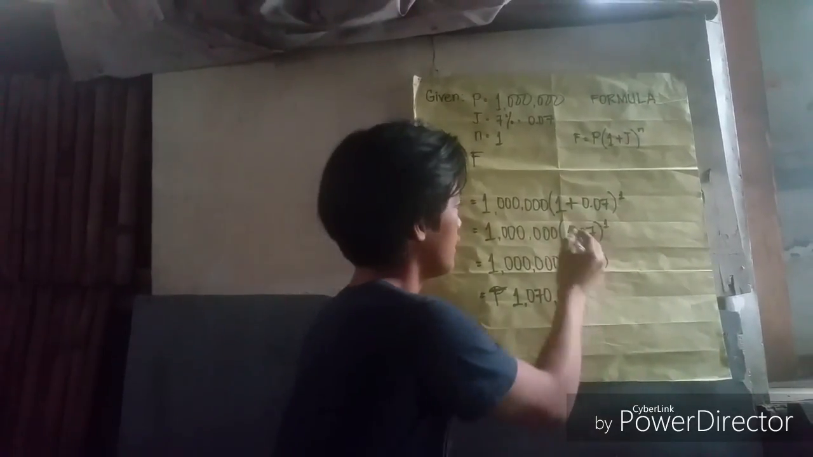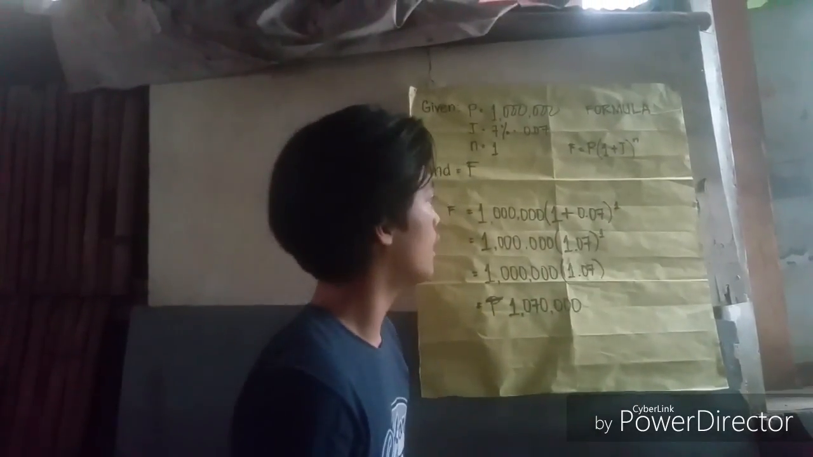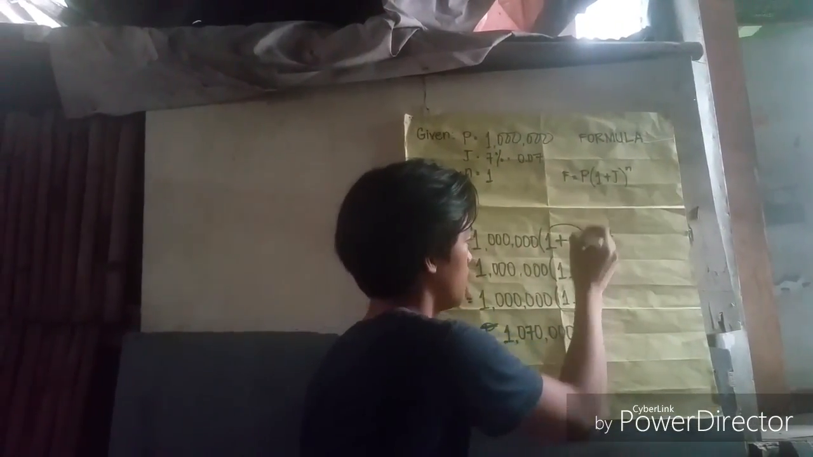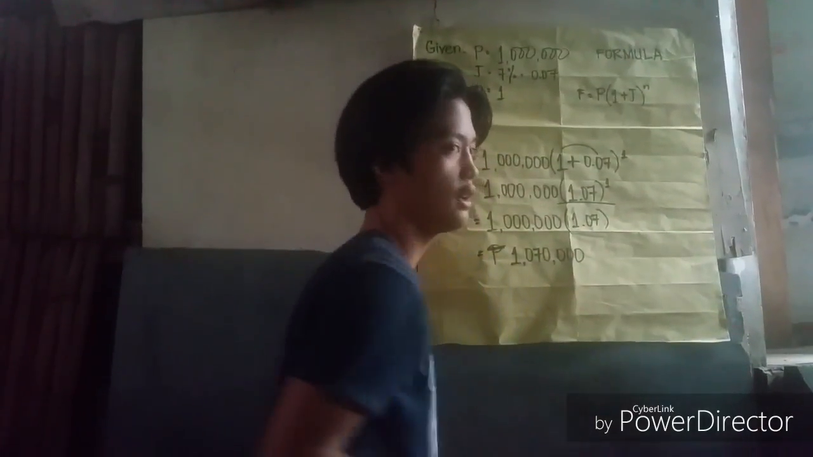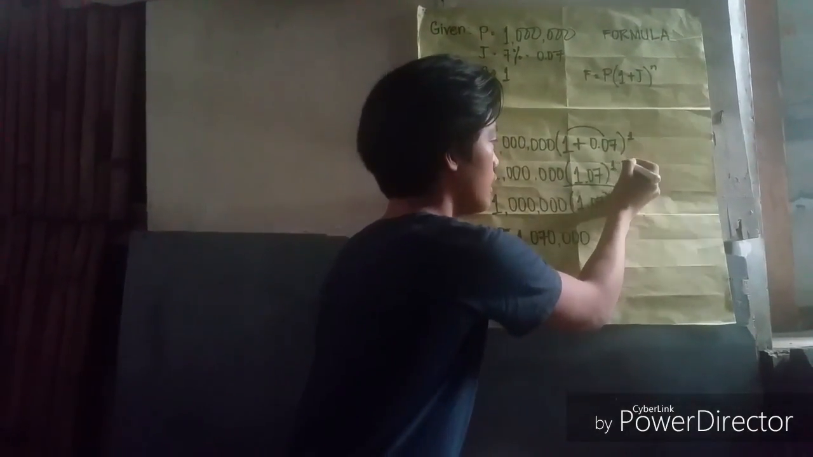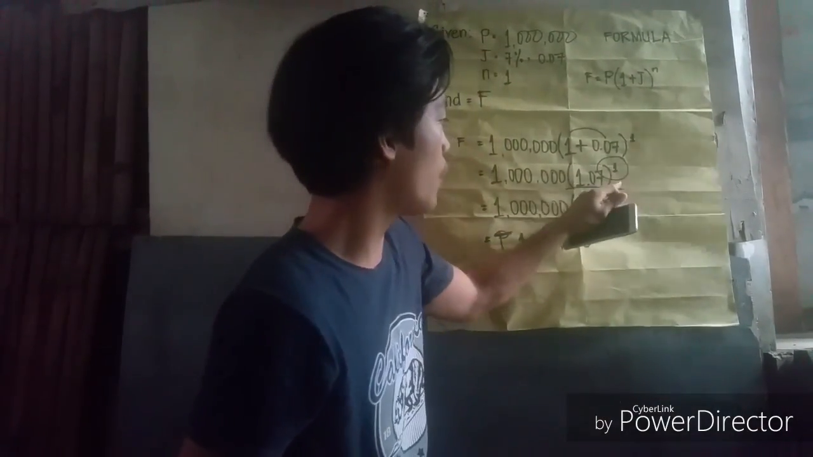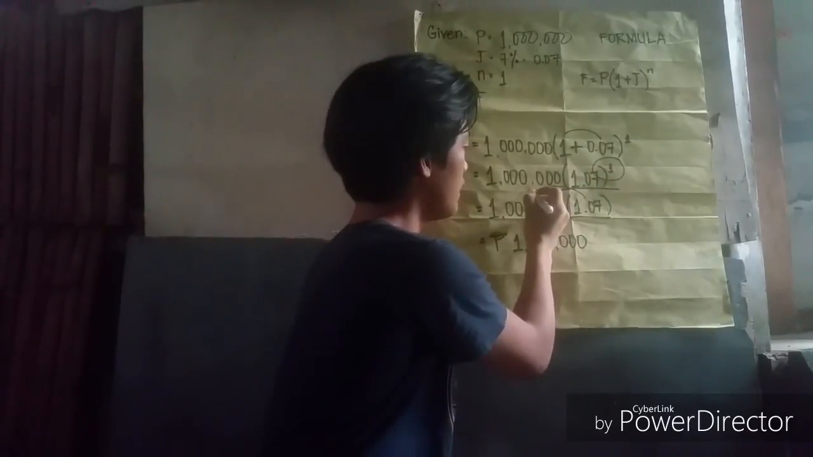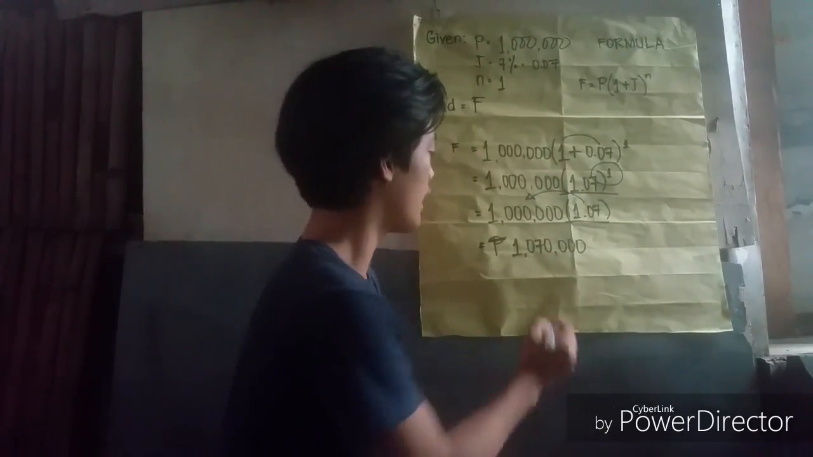So this is the P, this is the i, and this is the n. First thing, add the two inside the parentheses. So you add, then the result is this one. Next step, multiply the 1 by the 1.07. So the result is this. Then multiply it by 1 million. Then, the answer is,